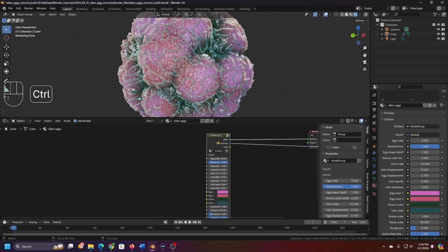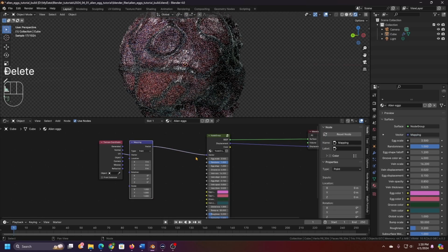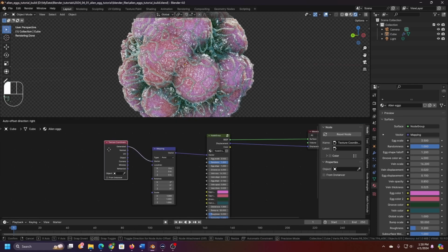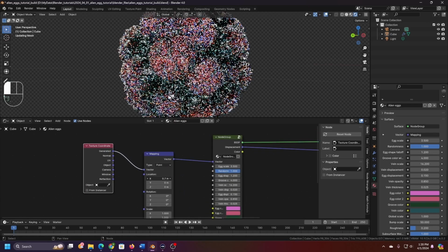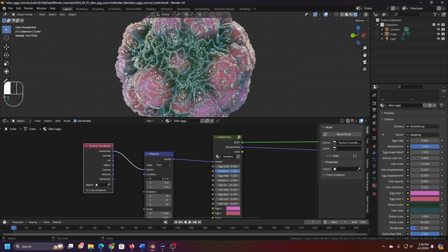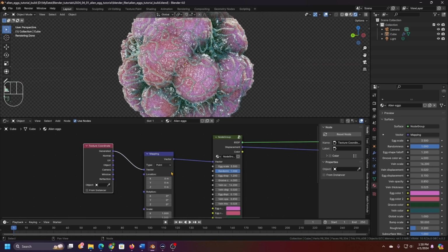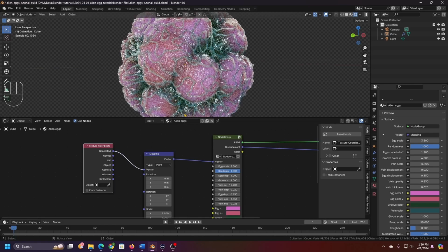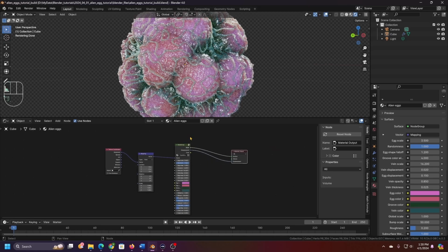One is, so I'm going to click this and hit Control T. Actually going to delete that image texture. And basically this is going to set it up to a mapping node. I actually want the texture coordinates to be the generated coordinates, which is what they were originally. And with this, one thing that we can do is change the location of those generated coordinates, but that really is just changing it globally, and it would be nice to be able to independently vary individual elements of these and also to add different types of animations. So I'm actually going to go inside this node group,